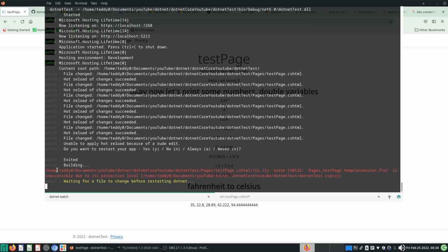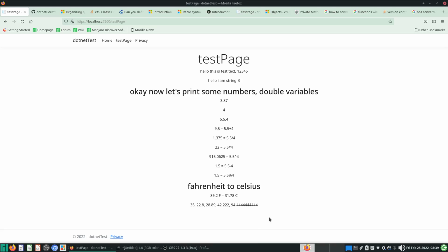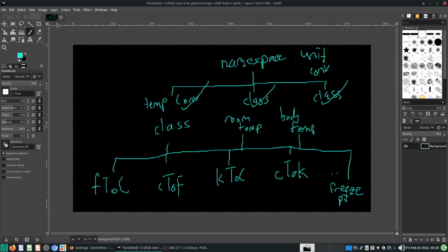Okay, there's an error here. It says the temperature conversion F to C is inaccessible due to its protection level. Okay, what is this protection level? Yeah, what is this protection level talking about? Well, let's say we